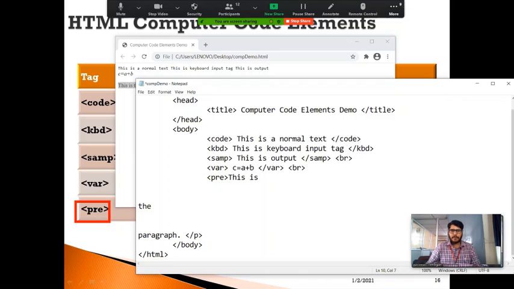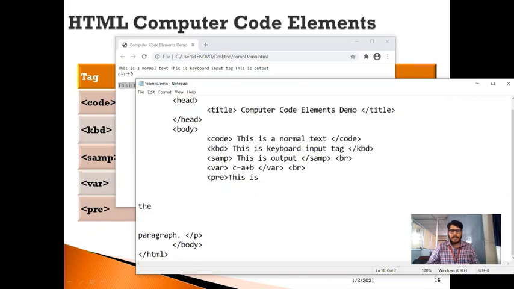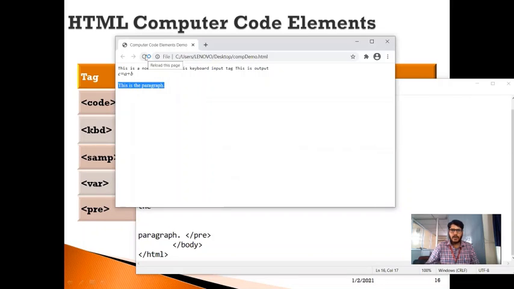So in this particular place, and similarly, I need to close this pre tag here. So now I have opened the pre tag here, and let me close the pre tag here. Now see the difference. I'm going to save this, and I will reload the original web page. Now observe this particular sentence. Let us see what happens. Reload it. You can see here it has preserved the white spaces, and it is showing the output as I require.